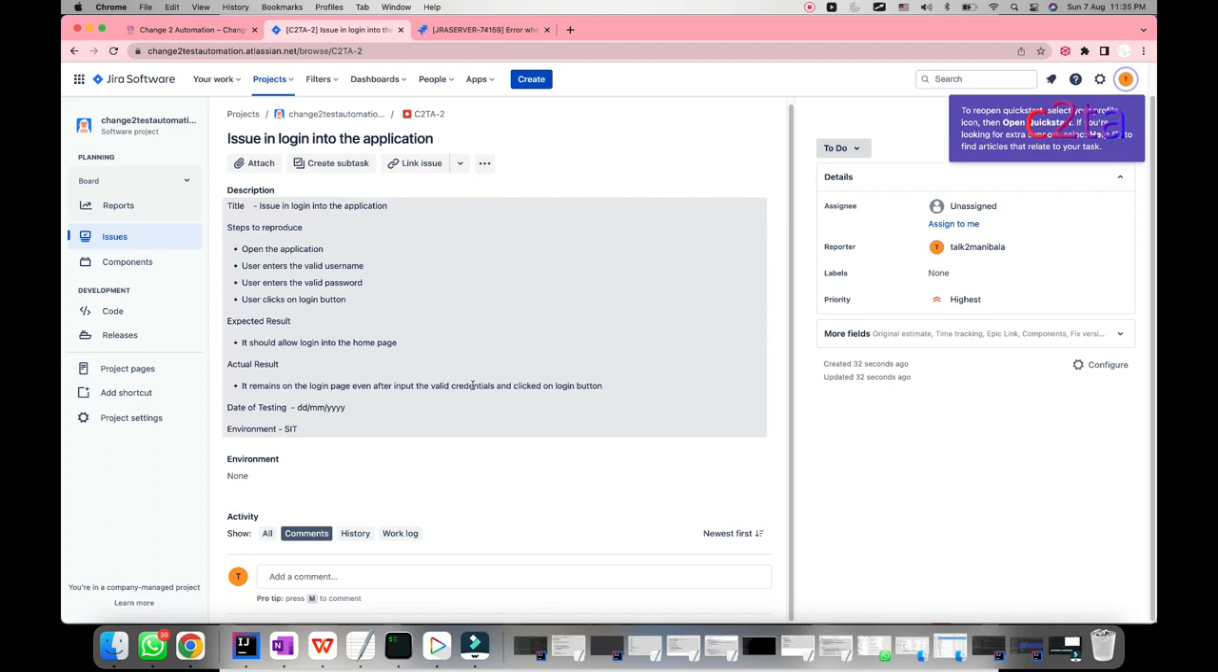For example, if the developer puts a fix for this Jira, then he'll add his comment like this Jira is fixed, and he'll give some information on what fix is made for this particular bug, and then he'll assign this Jira back to the tester. Then the tester has to retest this bug by following the same steps again. If this time the login is working, then he can add his comment saying this is verified in the SIT environment on this date, it is working now after the fix. Like that, he has to add the comment, and then he can change the status of this bug